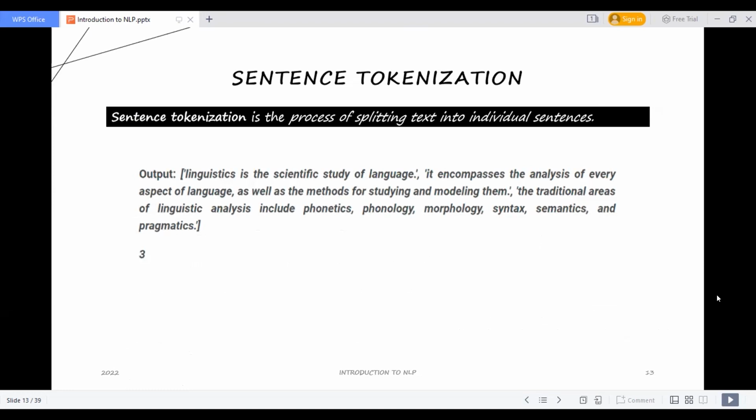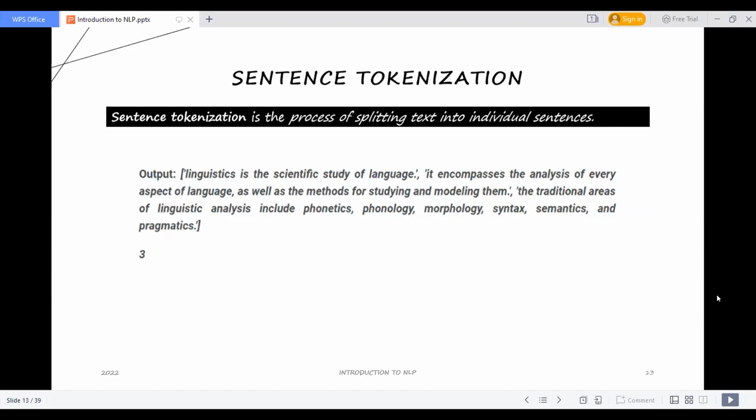So let's take an example of this sentence. As we can see, it has basically 3 sentences in a small paragraph. So this is the sentence tokenization. Now just remember, the sentences have some commas, some full stops and everything, because this is the next thing which we are going to discuss.